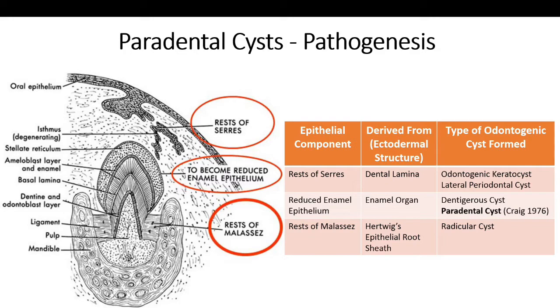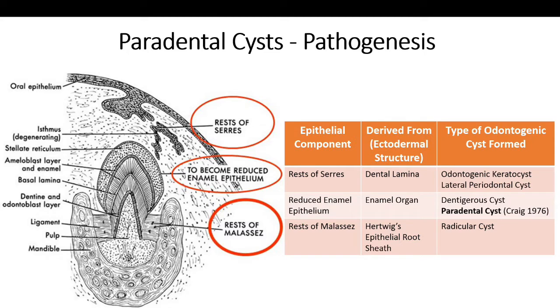Paradental cysts are inflammatory odontogenic cysts, which gives a clue as to their pathogenesis. We know that paradental cysts typically form on the buccal aspect of partially erupted lower molars, and it's postulated that they form secondary to an inflammatory reaction to chronic food packing and plaque accumulation. So this inflammation of the adjacent epithelium, be it the gingival crevice or the periodontal ligament, is also thought to